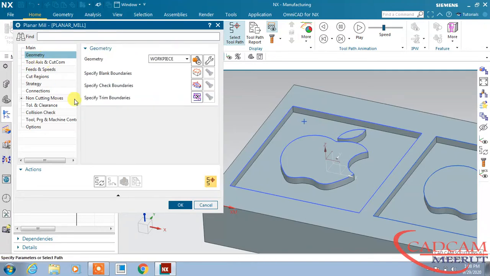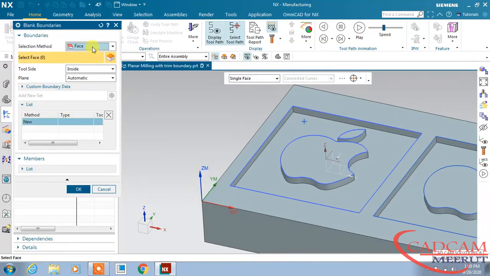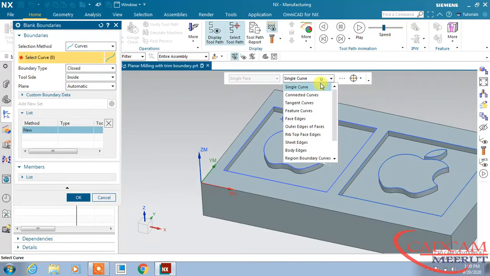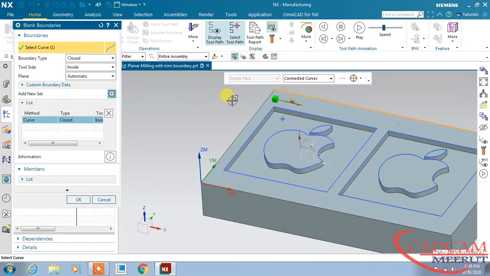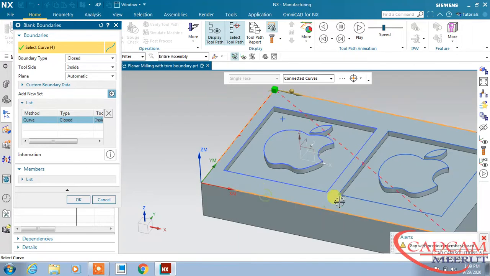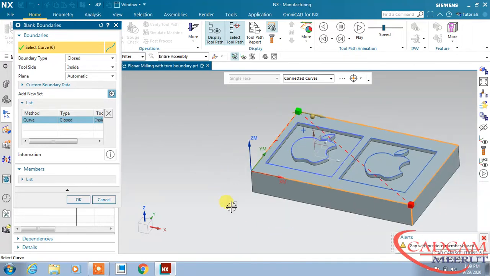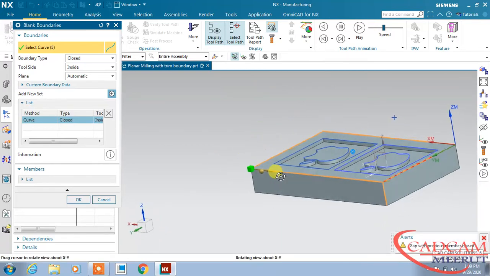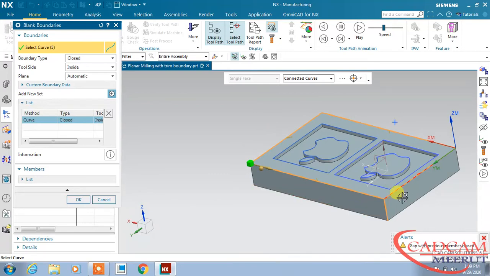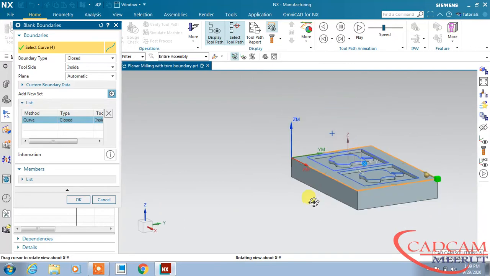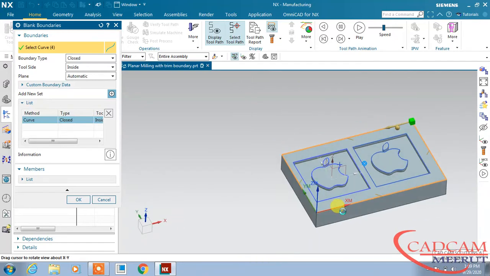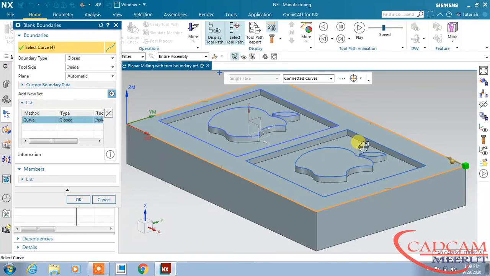And here in geometry blank boundary, so select, use this curve, here just deselect these lines, rotate and check it out. I don't need this line as well. So click.